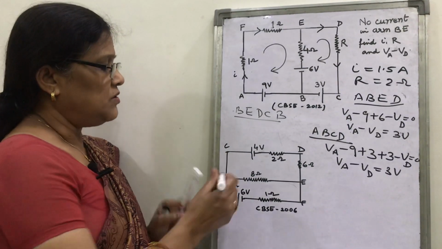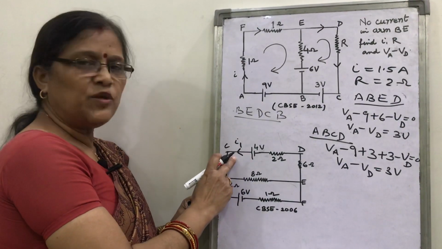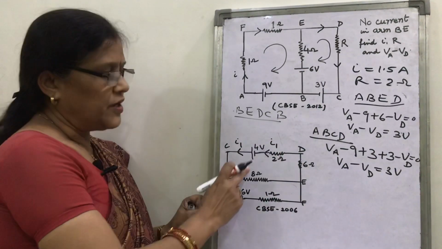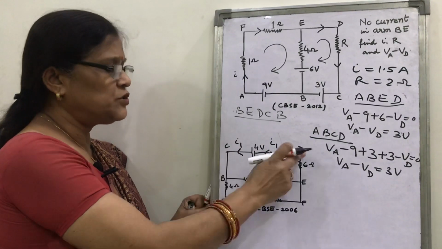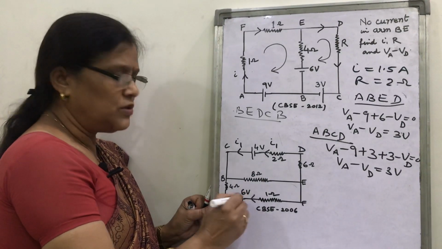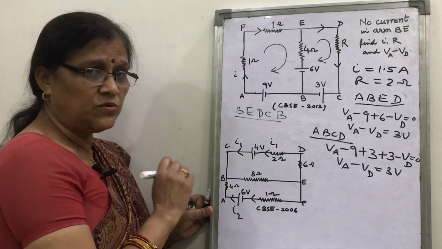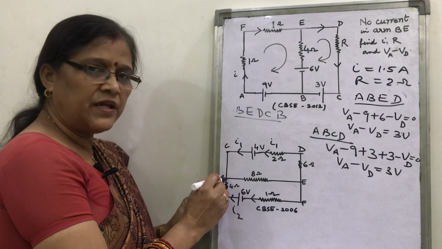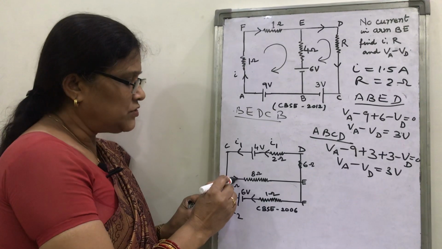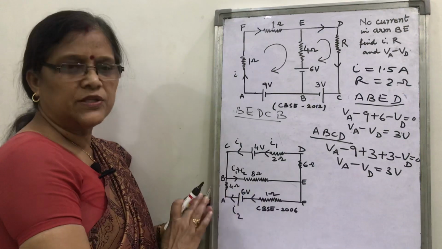Here suppose you consider this is the I1 current, and remember that current leaving the positive terminal will be same as current coming here in the negative terminal. What will be current in this branch? I1. Now similarly here, suppose this is current I2, so this will be also I2. Look here at the point B, you can use junction rule, that I1 is current approaching here at B, I2 is current that is approaching the point B, and this will be current. You can write it as I1 plus I2, or you can use I3.